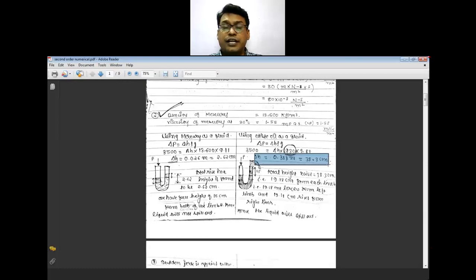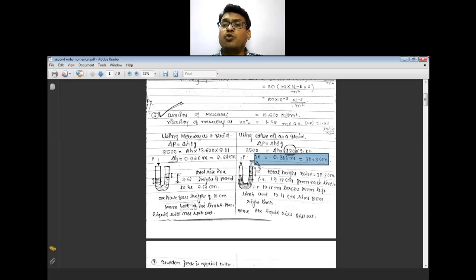And for water, it comes as 35 centimeters. Water has a density of 1000. Liquid edible oil has a density of 930 kg per meter cube. And mercury has a density of 13,600. So this density difference, that is mercury,